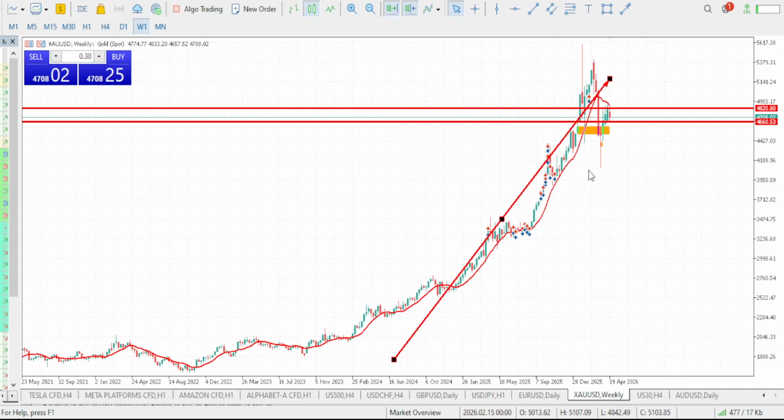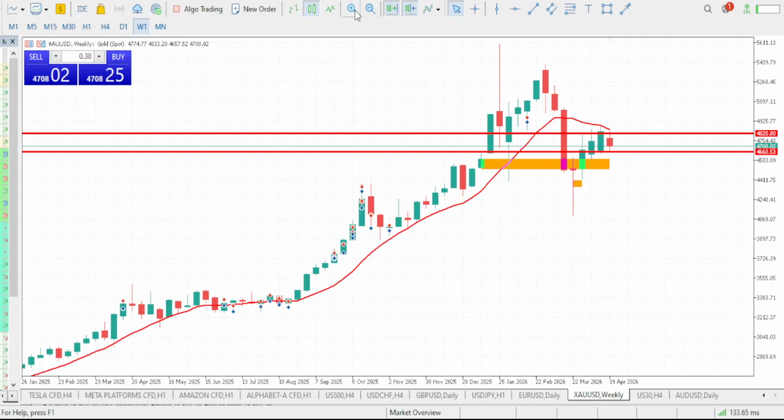So in markets, basically we tend to have three movements. Either market is trending to the upside, or market is trending to the downside, or market is ranging. These are the three movements you're most likely going to find in the market. But when you take a look at what market is doing right here on your gold, you can see that we are very much trending to the upside. So this is very much a bullish move, right? This is the market move.